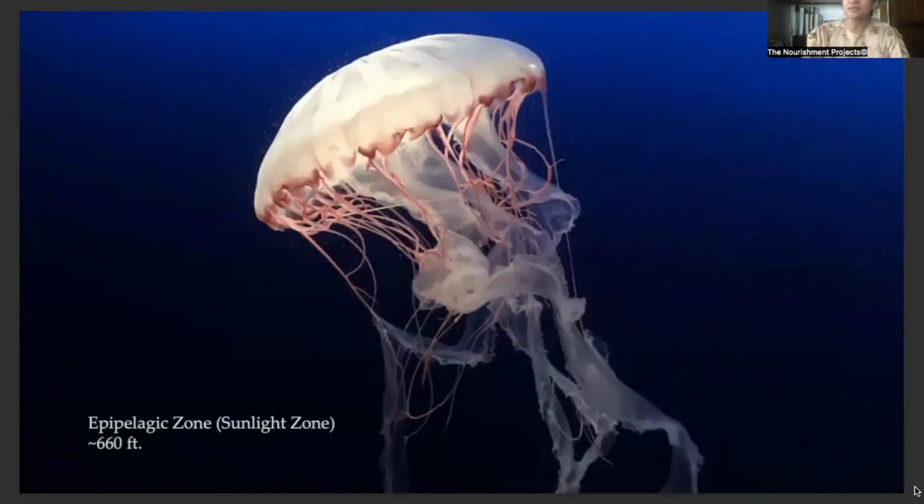So in the first zone, the epipelagic zone, due to the light and warmth, this layer is full of life. So it's going about 660 feet down. Seaweeds, coral reefs, marine life such as dolphins, blue whales, sea turtles, and jellyfish are all found here. The sunlight allows seaweeds, such as algae, to perform photosynthesis, creating nearly 50% of the atmospheric oxygen that we benefit